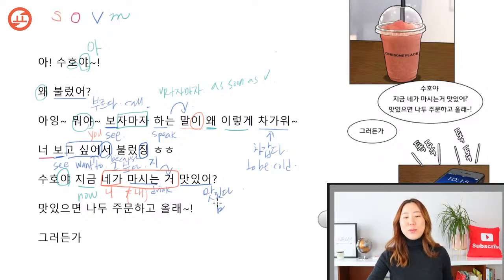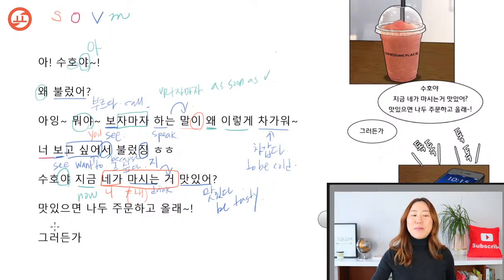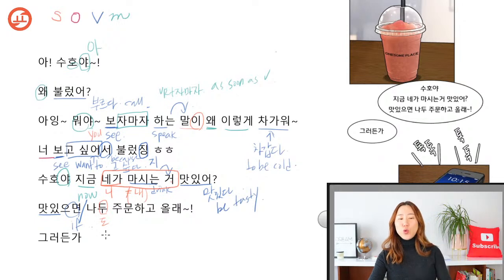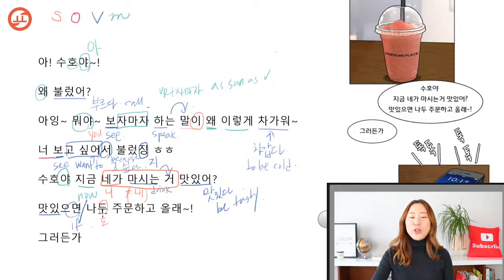맛있다는 to be tasty. So to be delicious. What you drink is delicious. 맛있으면 if you say it's delicious, this is if. 나도, this is actually 도. Sometimes we write 우 for 오. It sounds just cute. Okay? If you look it up, you're not gonna find the right meaning in dictionary. It's 도. I also